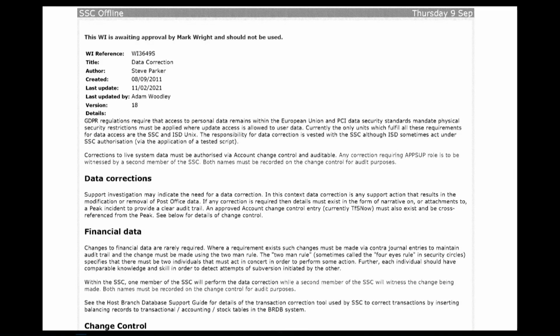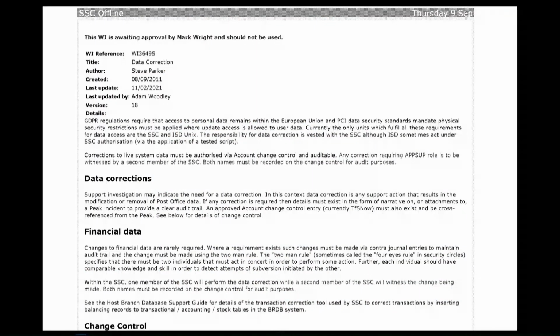This appears to describe in 2011 the so-called 4 eyes approach, or 4 eyes method, namely one person from the SSC logs on to the counter and makes the, I'm going to call them corrections, to the branch's transactions, whilst another person watches, doesn't it? Yes. And they were supposed to write a narrative account of what they've done and record the names of both people, weren't they? Yes. I can't remember if the second person was meant to add their own name themselves, but can't remember.